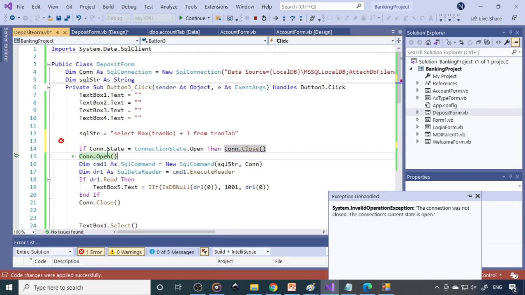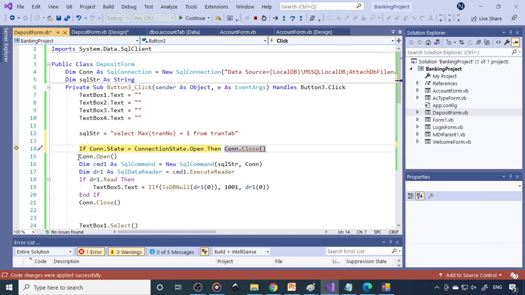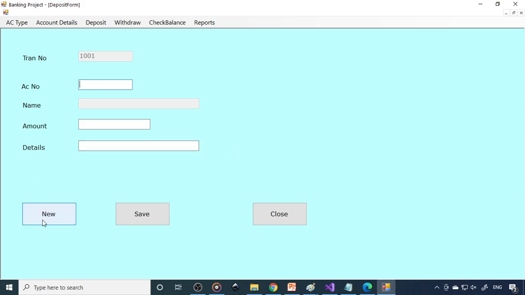This checks whether the connection is already open or not. If it is already open, it should close that one. Now if I run this, it will close the connection and open it again.